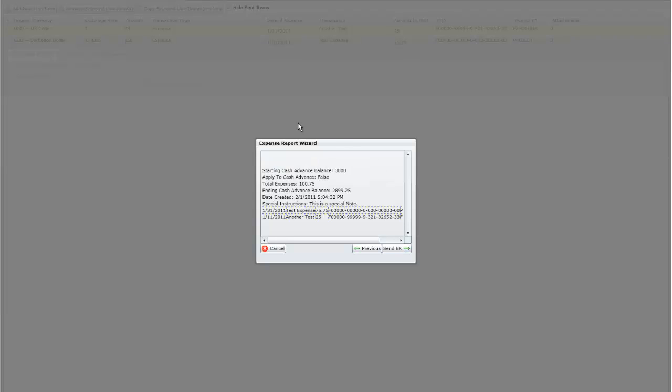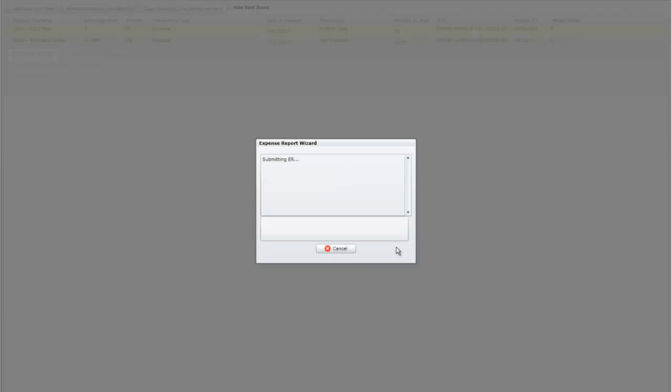Click Next. This is your last chance to look over what you're sending in, and so it will give you the date of the expense, what you put in as the description, the amount that you put in US dollars, the account number, and the project ID. So look over those. At this point, we can click Cancel, and we can go in and change whatever needs to be changed, and then start this wizard over again by clicking Create Expense Reports. But everything looks good, so I'm going to click Send ER,